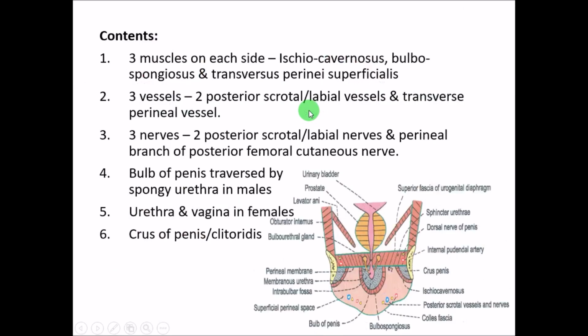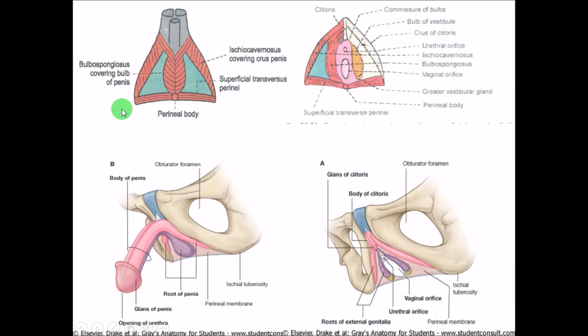Okay, so now going to the contents. What are the contents of this space? One is the three muscles on each side, so there are three pairs of muscle. The first one is called the ischiocavernosus. If you see here,